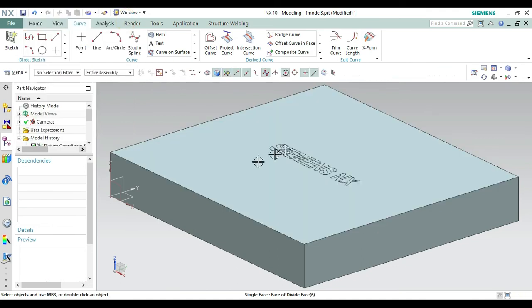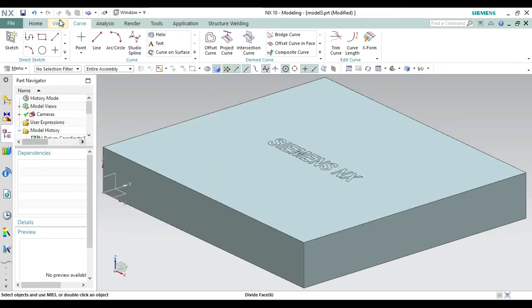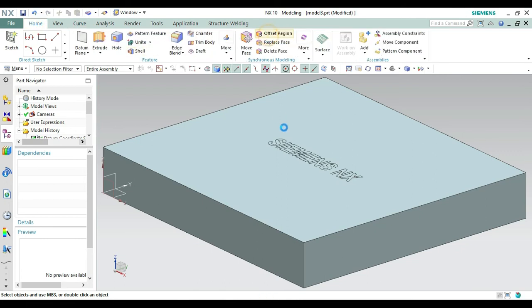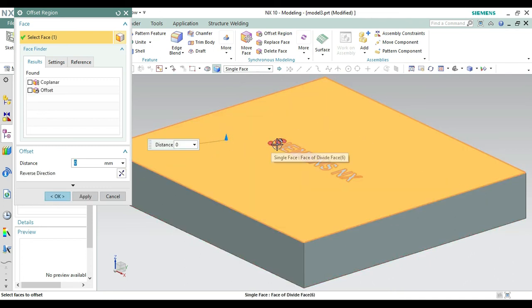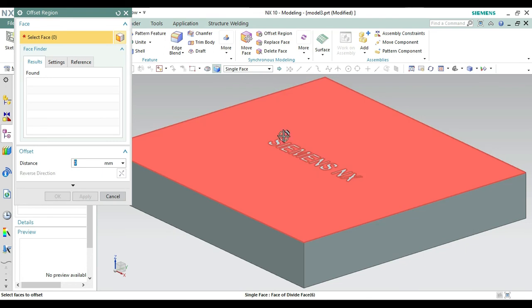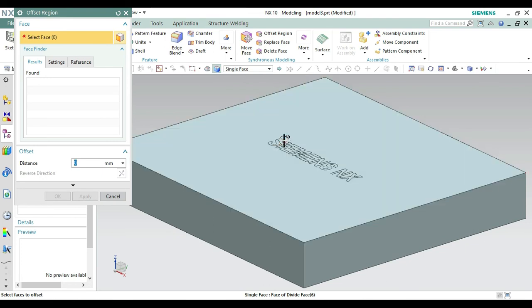Now if you want to highlight this also, go to Offset Region. Okay, make it negative, means first select the face from your single face, then select this face. Now which face, select this S1, then select reverse this. Okay, now offset region, select this S. Because we have to only offset this one, the distance should be, make it -1 so we can easily see it. Okay, now make it apply. So you can see S has gone inside.